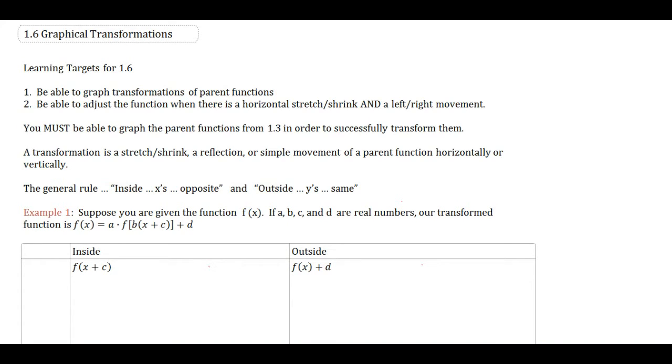One of my favorite topics, I would have to say, in graphing. Really, you know the parent functions, you've got them all down, and now the fun begins where you have to learn which way you're going to translate them. Translating just means sliding them left and right or up and down, or stretching them horizontally or vertically, or compressing